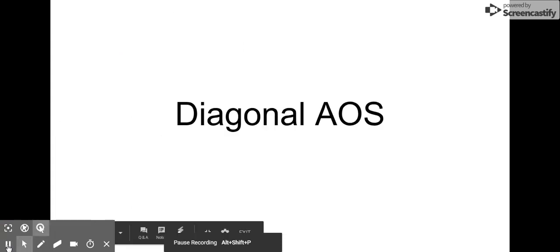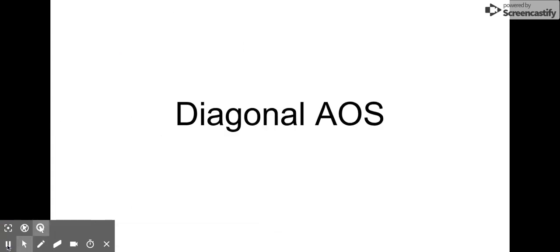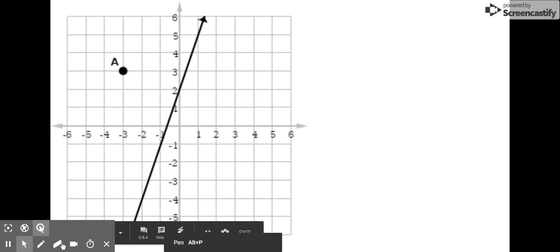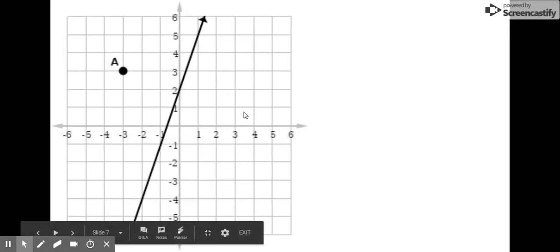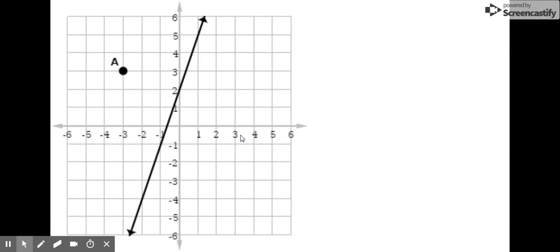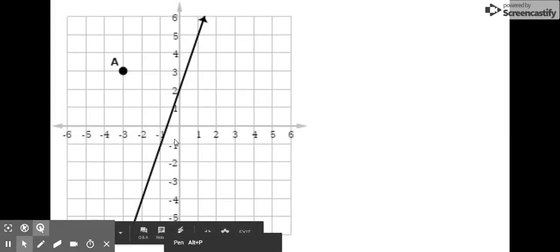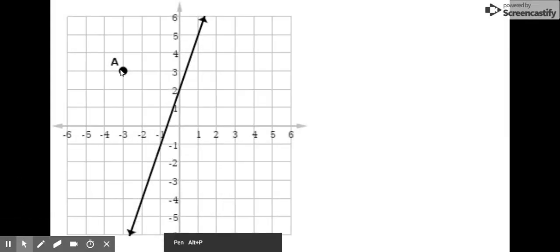So now let's look at the method for reflecting over a diagonal line. So we're going to reflect over this diagonal line, and as you can see, it's not as easy as just counting the distance, because we can kind of eyeball that A prime should be maybe somewhere over here in the first or fourth quadrant, but it's not quite clear, so we have to do a little bit more work. And so what we need to make sure is that we're using that idea of the line segment connecting pre-image and image points